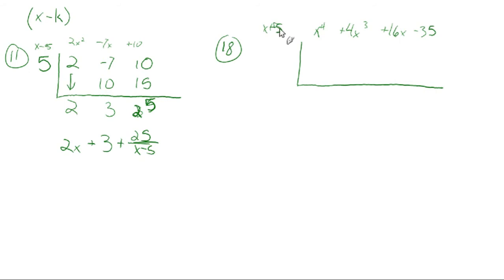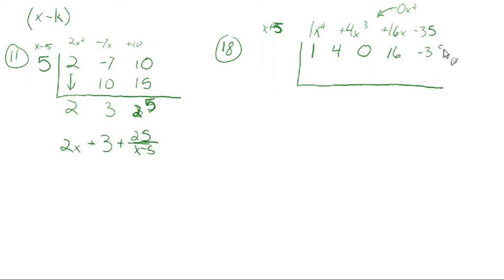Now, it's kind of tough because you just have to remember that this is what you have to do, because there's not really going to be anything other than getting the wrong answer that's going to tell you did something incorrectly. You'll notice there's no x squared here. So we need to put in a 0x squared, just like we did with synthetic substitution. You got to have that placeholder of a 0. So now we bring down the coefficients. This is a coefficient of 1, then 4, then 0 for how many x squareds there are, then 16, then